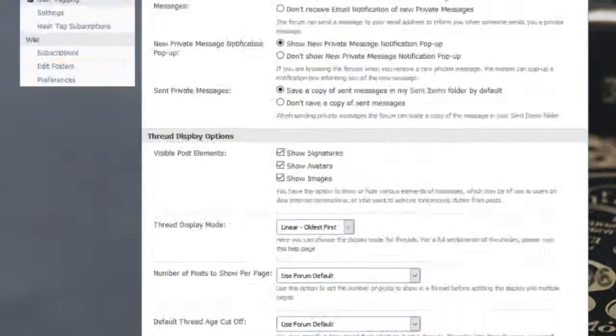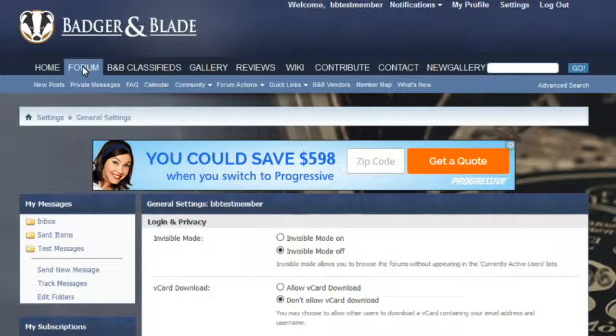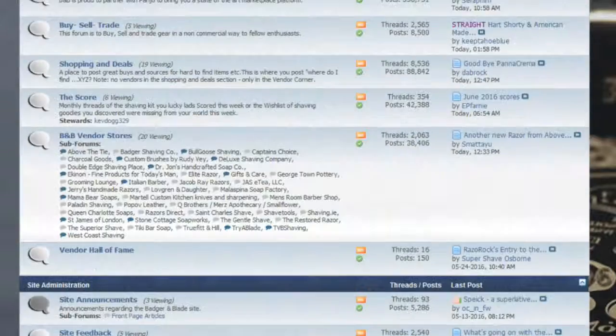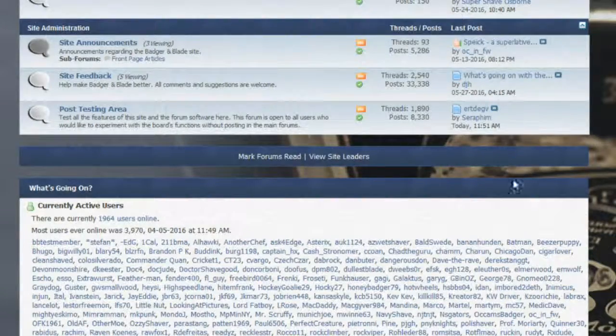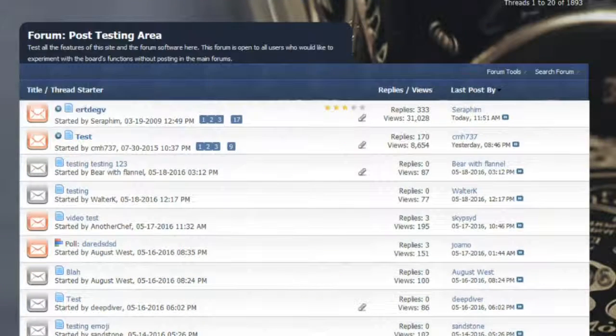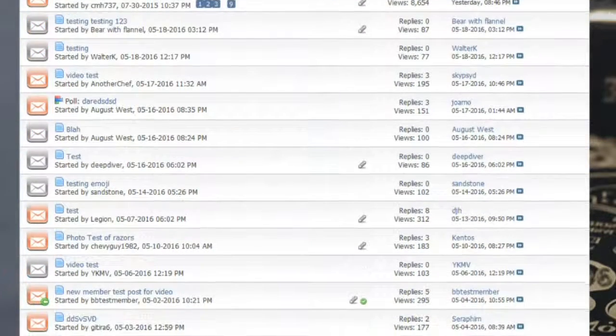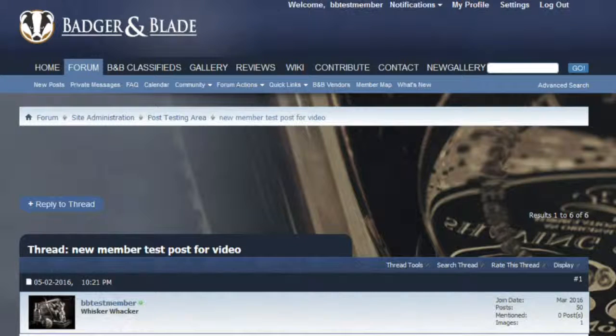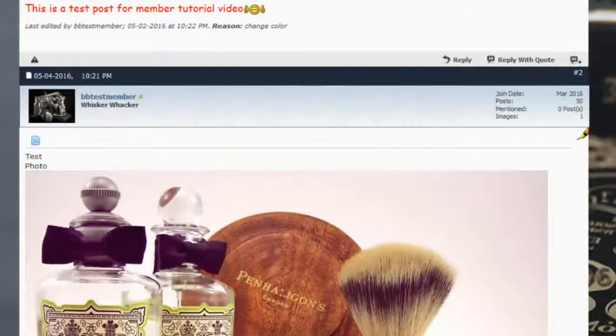Once you click on that and hit Save Settings, we're going to go out to the main forum, and we are going to go into our testing section just to let you know how this works. Now, in the testing section, and this is a good place for you to do this as well, to test the different items that you want to do. And we'll be going over the vast majority of those as well. So we're going to go down and we're going to look for where we had some test items, and we're going to actually go to New Member Test Post for Video. And please feel free to use this as well as your testing section for your